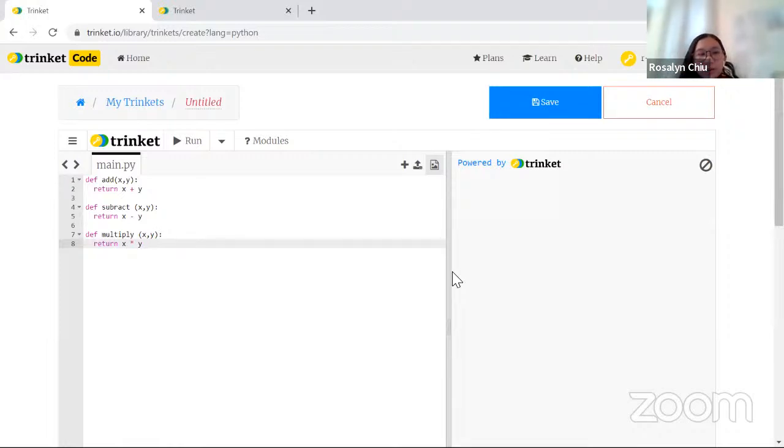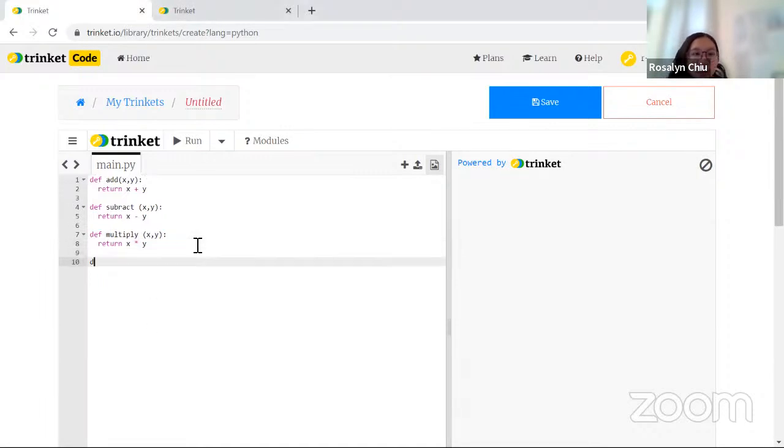If you guys have managed to do these 3 functions, we're learning to do different functions right now. So if you guys have managed to do these 3 functions, let's type a 4 in the chat so I can make sure everyone's doing the right thing. Okay, that's great. So let's move on to finally dividing, and this will do the same thing, define divide, x